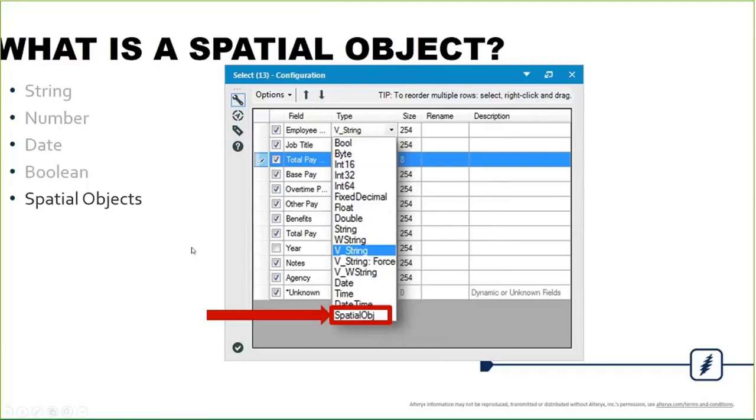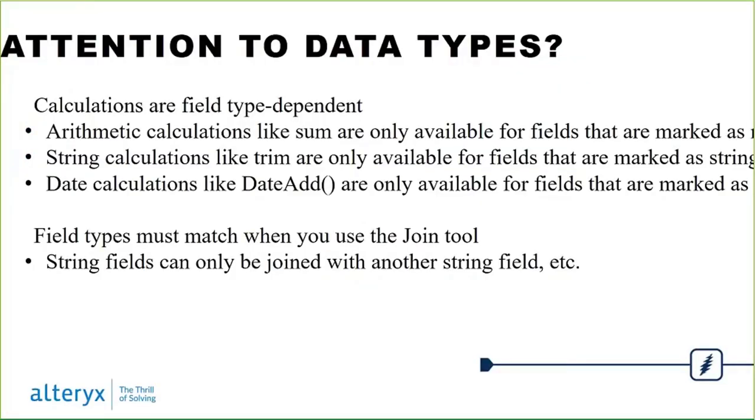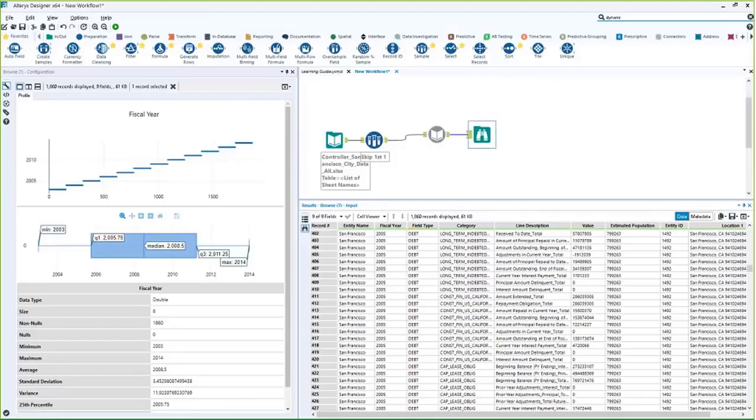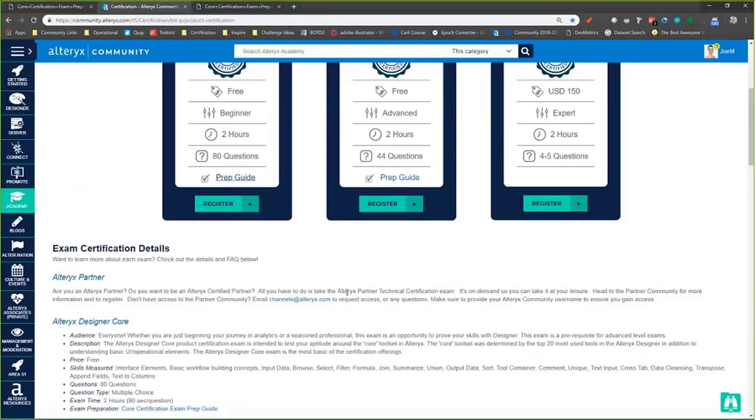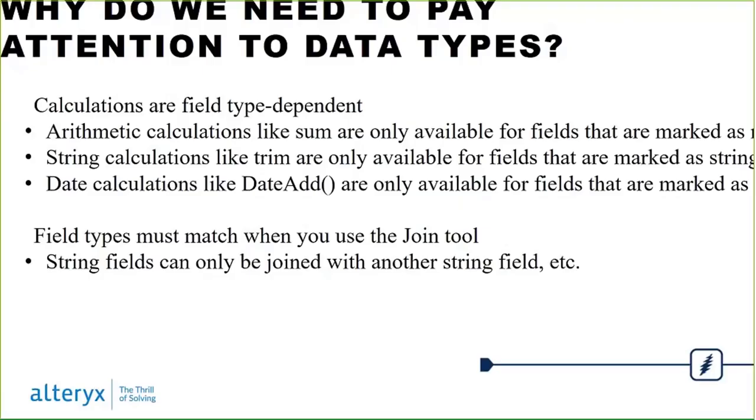The final one is spatial objects, and I'll just make a call out that they do exist inside of Designer, but it's something you won't have to concern yourself with. Finally, I'm going to actually say this for our own edification, not actually for the purpose of the exam, is why they're important. Why do you need to know data types? Aside from being able to be successful inside of your Designer,